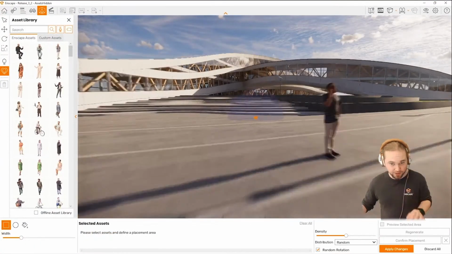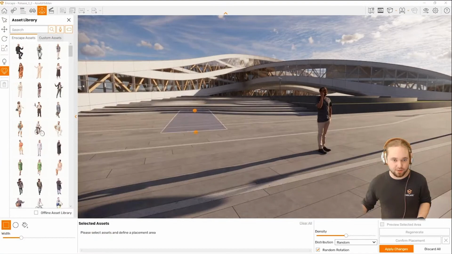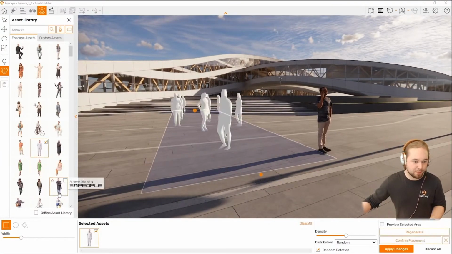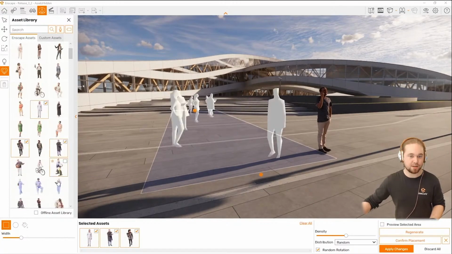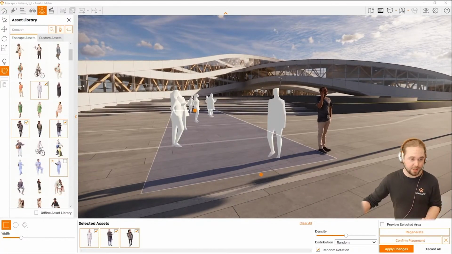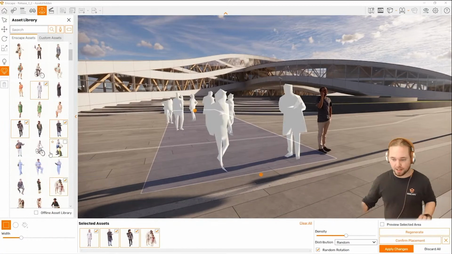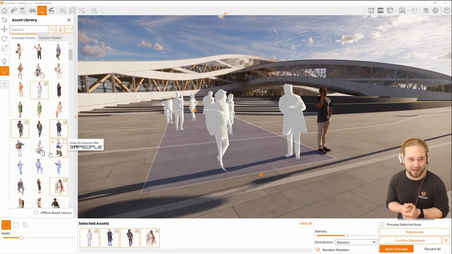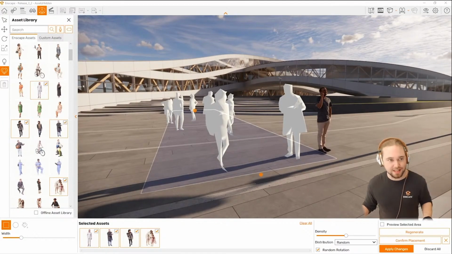So if we wanted to, we could just quickly draw an area here, pick multiple assets, and they're going to be scattered randomly, or not randomly if you decide so, in the scene. So let's take a step back and go over in detail how exactly to use this.